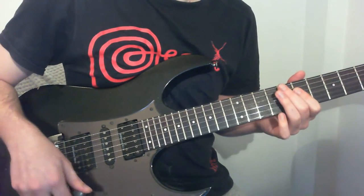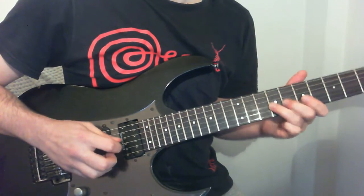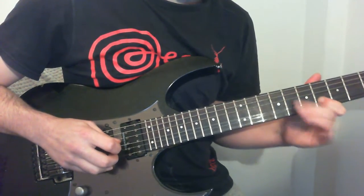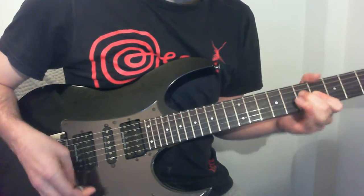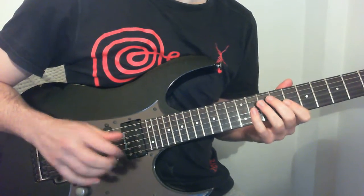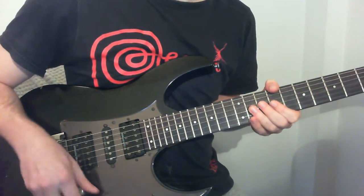So you could do something like so. I'm just kind of bending up to it from the note below. I don't really want to go into Dorian because you do have the major 6, which is quite consonant, and again you could do like a